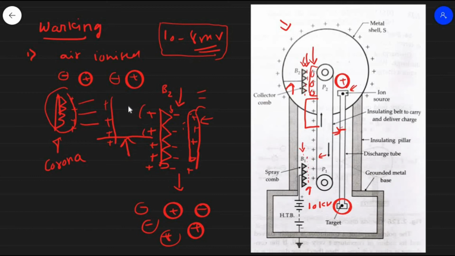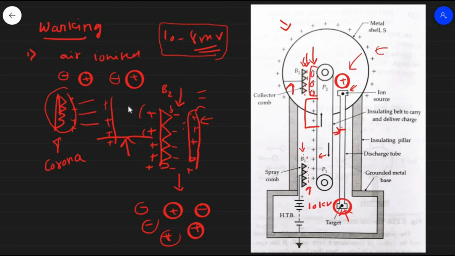So this potential generated at the surface of the spherical shell will repel this positive ion and will accelerate this charged particle with a very high velocity, okay, high energy, because of which it will be able to hit this target present here, right? And it will cause the disintegration of this target, right? So this was the working of Van de Graaff generator.